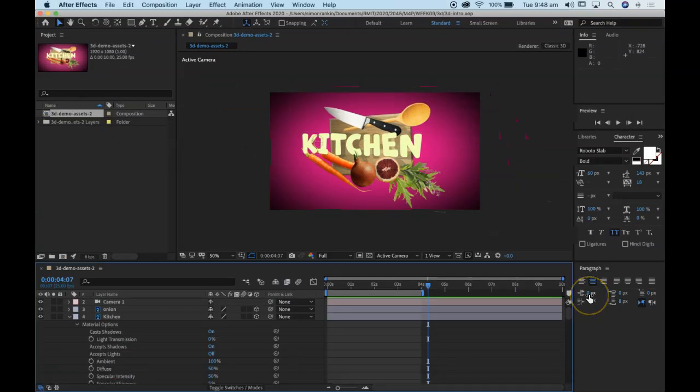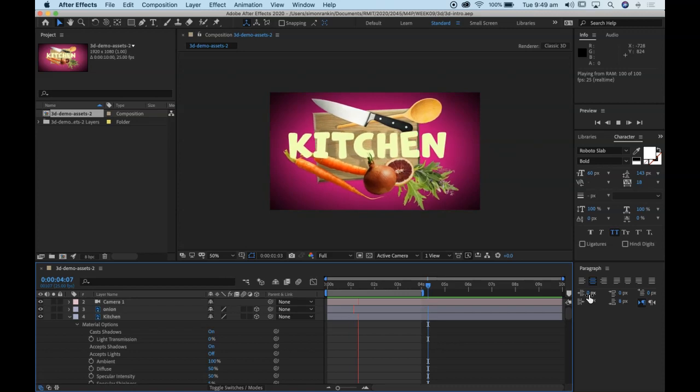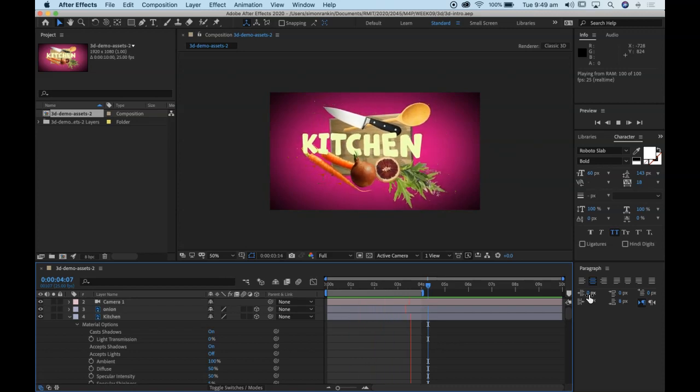I'm going to build a shot in After Effects using After Effects' 3D tools. The shot that I'm going to build is an intro or an ident for some kind of cooking video. I'm just going to run through the 4 seconds that I've got built, and you can see that we're looking